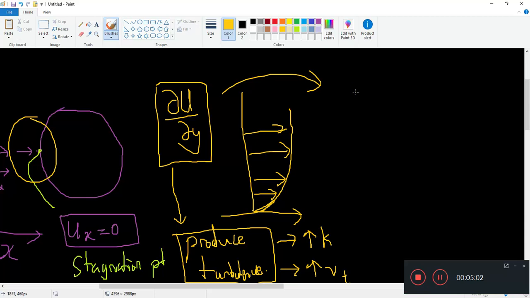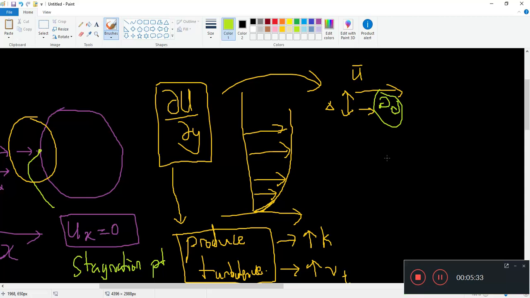When you have a very large mean velocity gradient over some small distance, because the relative velocity is high, there's so much energy, and it has to go somewhere, and it goes into producing these eddies. I'm not sure if I've paraphrased it correctly, but